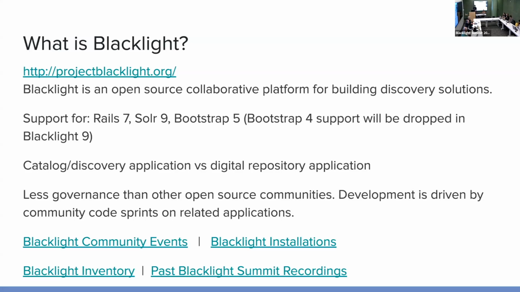So what is Blacklight? When we talk about Blacklight, we kind of refer to the community as Blacklight. This open source collaborative platform and group of people are building discovery solutions and library tools. But when we talk about Blacklight, we are also talking about the Rails engine that we've come to know and love and contribute to, that helps us build really fully functional and extraordinary discovery solutions. Right now we have support for Rails 7, Solr 9, Bootstrap 5, and Bootstrap 4 support will be dropped in